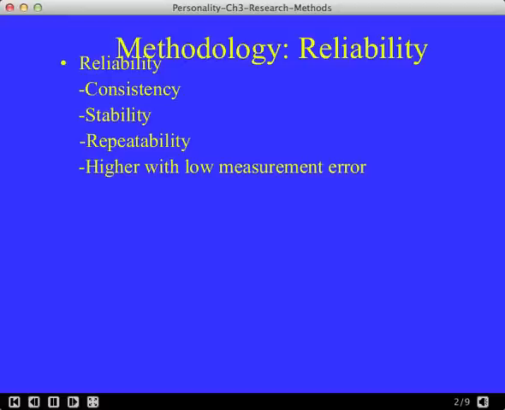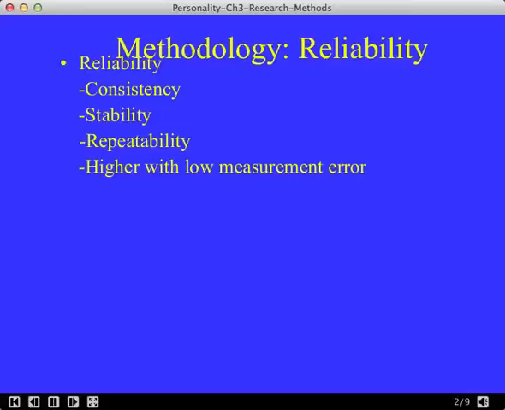If I were to give a personality test a few times to a class to determine who the friendliest students were, and the same students were determined to be the friendliest each time, then the test was reliable. If the results were different each time, and there was not repeatability or stability, then the test was unreliable. You would want measurements using a thermometer or a brain scan, etc., to be reliable or consistent.